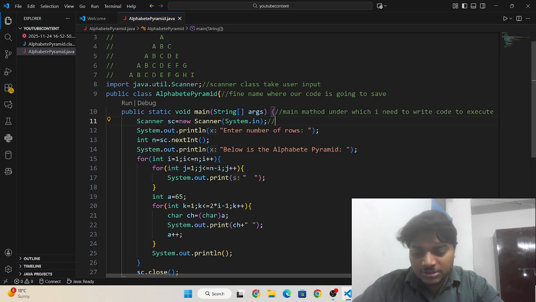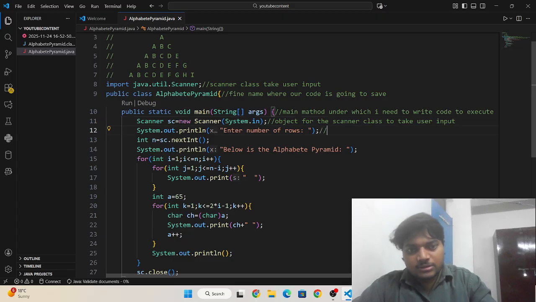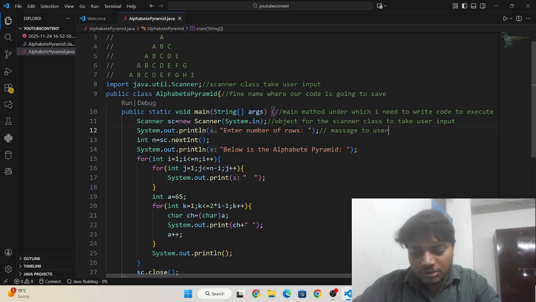And this is the object of the scanner class to take user input. And this is the output statement, this is the message to user to enter number of rows, okay.